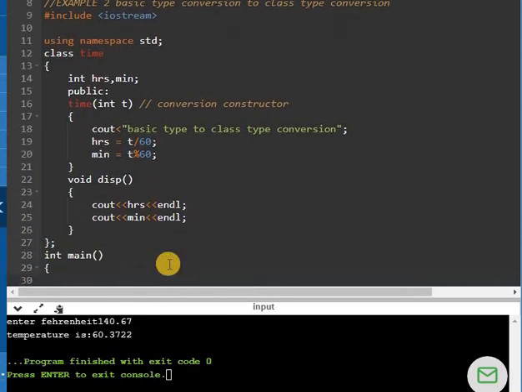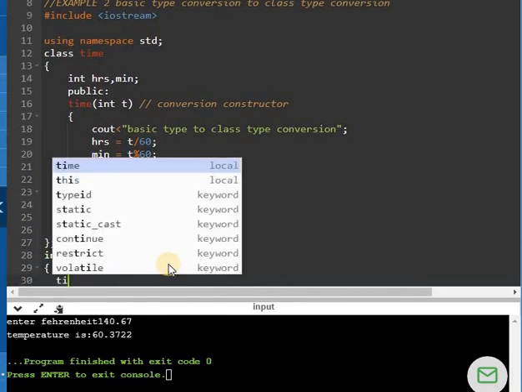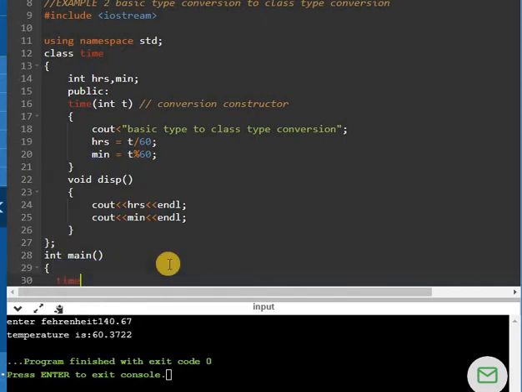So in the main function, first of all I need to create the object of the Time class, or you can do that later as well.